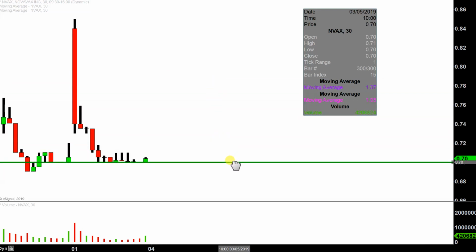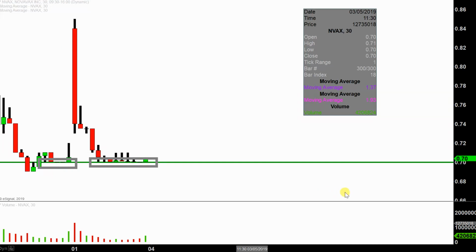at the 70-cent mark. You go back to even yesterday's price movement, yesterday being Thursday, depending on when you watch this video, and you can see that the price did indeed find some buyers there. And then after the big dump that occurred here, multiple times today, the price just continued to hover right around